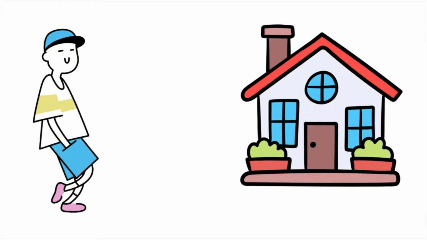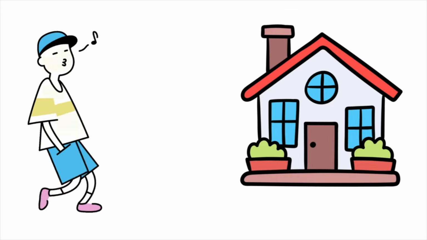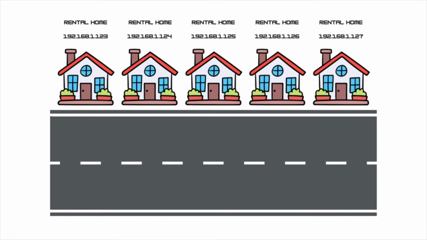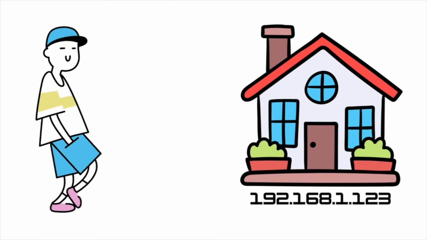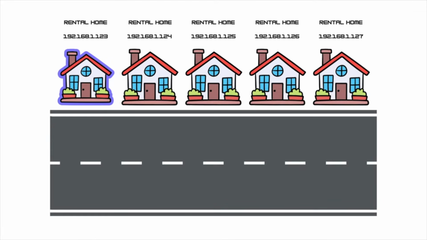And so Johnny gets there and our rental company is now looking at all the homes that they can rent little Johnny. So Johnny says, all right, I'll take a house, and our DHCP or our rental company says you can stay in the house 192.168.1.123. So little Johnny gets his stuff, he moves into the rental home of our first home there that's in purple of